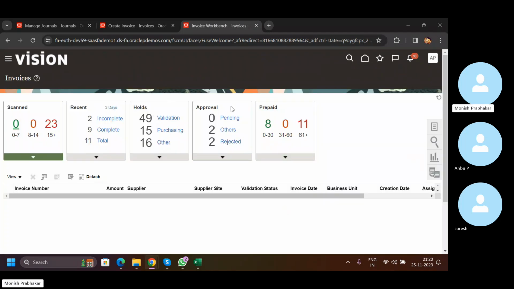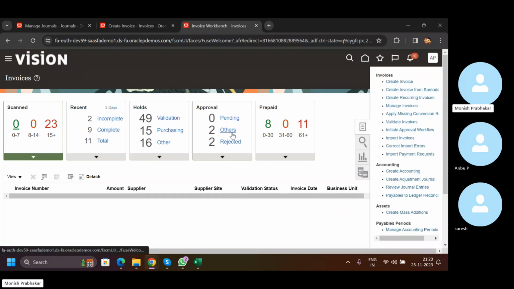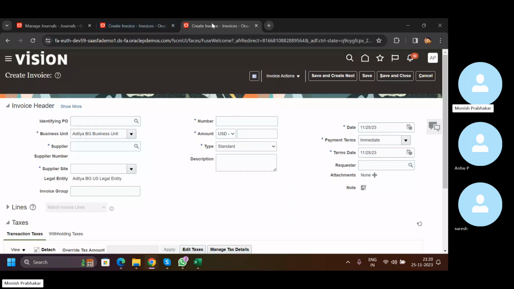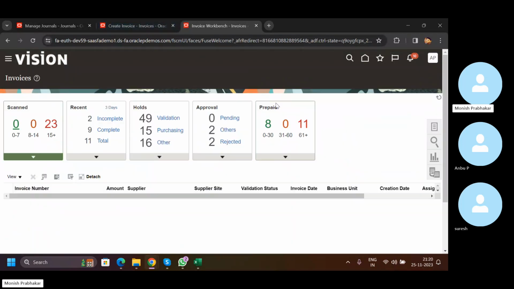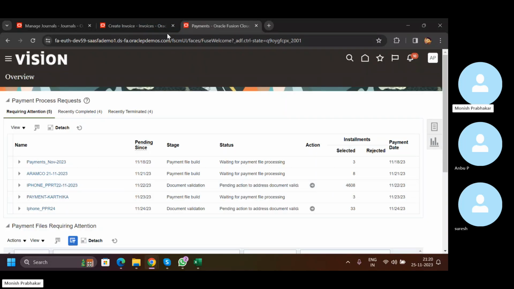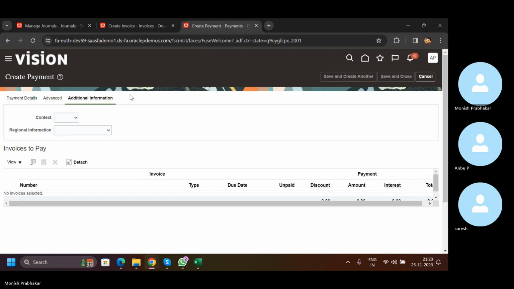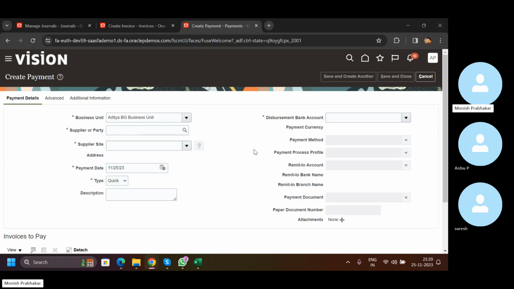If you go here, this is invoice dashboard. If you go here, this is invoice workbench. That is why if I cancel this, see invoice workbench. You can see it in the tab name, right? Now I will go to home page. If I go here, payments, this is payments. If I go to create payments from this page, payment details,